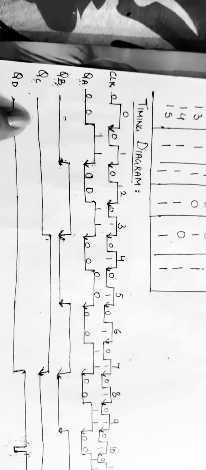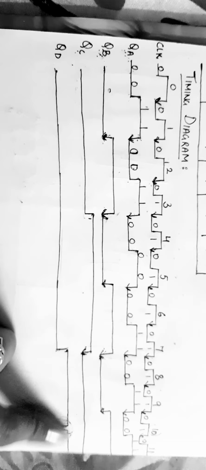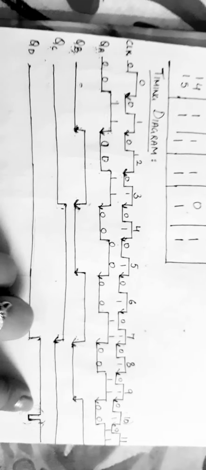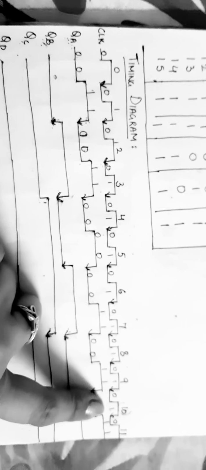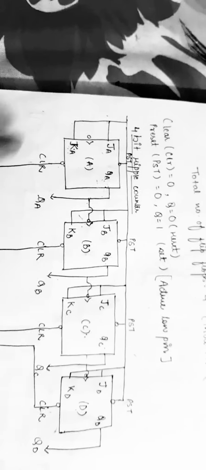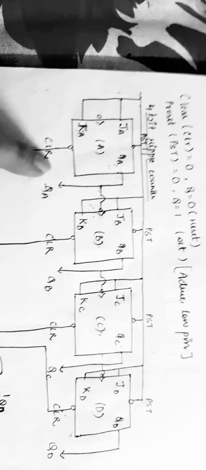Similarly we will draw it for QC and QD, but at QD we'll see we have used a clear pin, that is a downward pin, because we are using the active low condition. So when we receive the 10th clock pulse, that is the binary equivalent of 1010, at that point it gets reset and the clear goes to 0, because we have seen that at the equivalent of 1010 the clear pins get reset and the stored data is cleared by the clear pin.